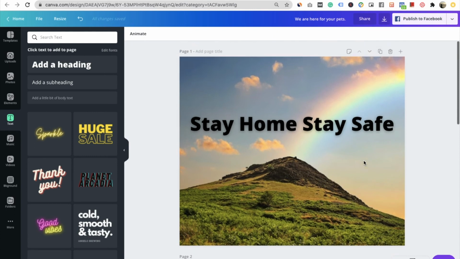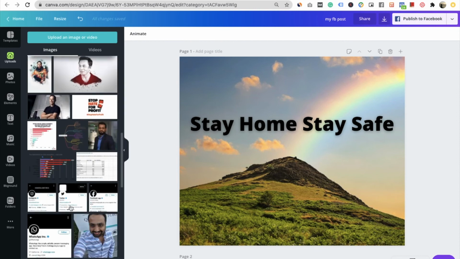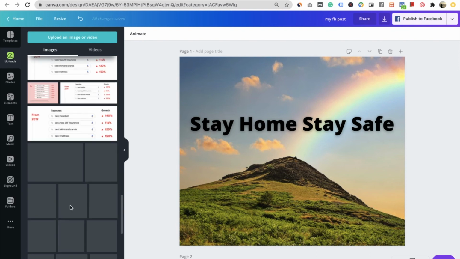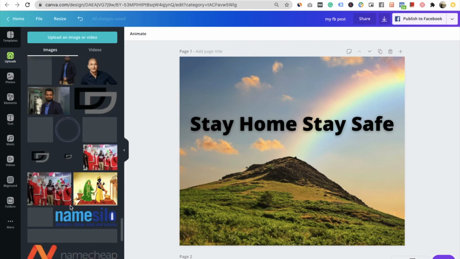So this is the simplest way of doing it. Let me quickly rename it. So my FB post, let's say I want to add my own logo. You can upload a picture here. So once you upload, all the pictures shall get saved here. So there you can see the Tesla logo is here, but let's say if I want to put my own logo, I need to figure it out.